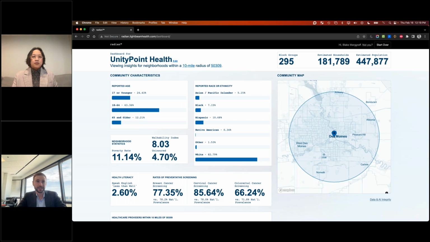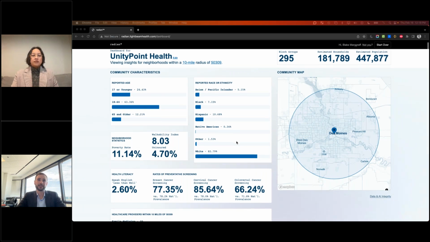Walkability index of 8 might suggest that while some folks, perhaps those in the more urban areas, are able to walk to certain resources, everything from food to community-based organizations or public transit, lots of folks cannot. They're not that fortunate. Poverty rate, 11%, 4.7% uninsured,